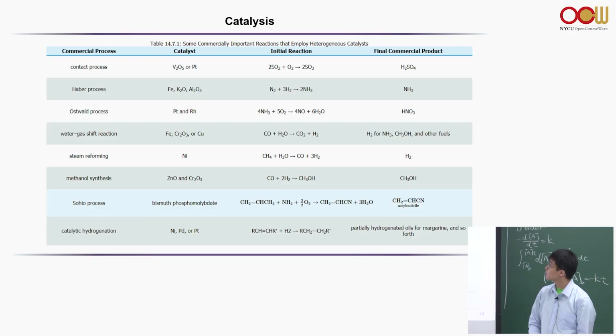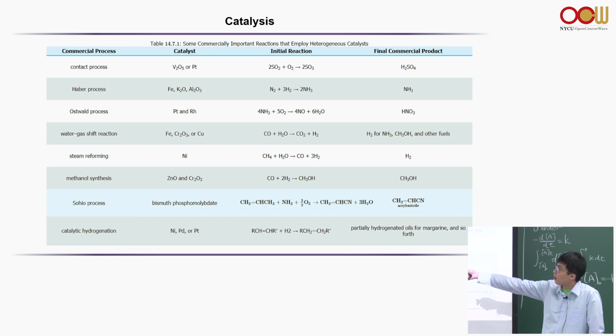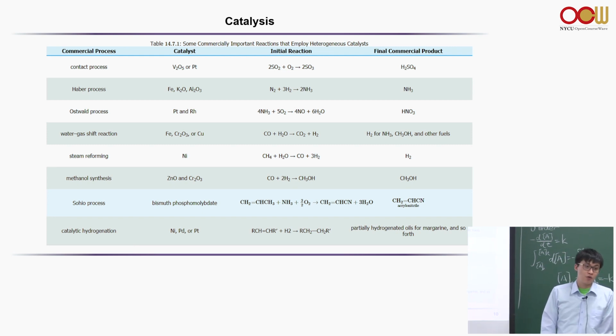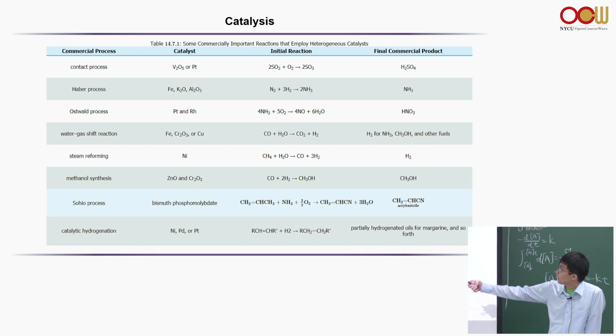And here is a series of important industrially relevant heterogeneous catalysis processes. Last semester, you guys read about Haber. The Haber process, it's impossible today to replace this process. It generates ammonia, which is an important feedstock for a lot of chemical reactions. It basically allows us to capture nitrogen from the atmosphere and convert it into a bioaccessible reagent, okay?